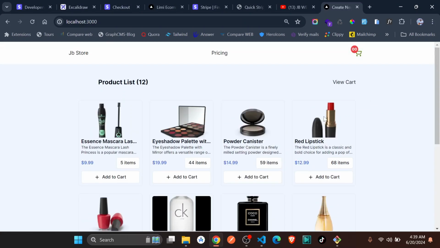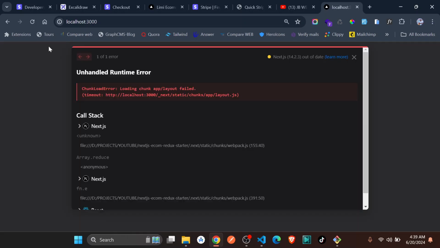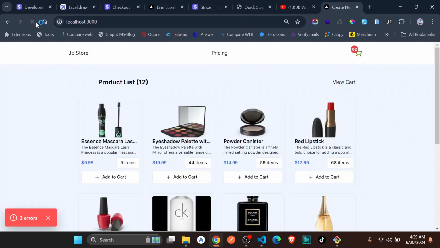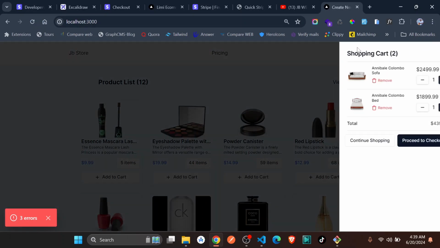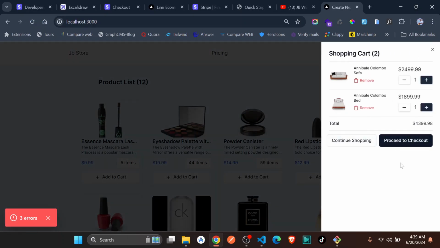So if I just add products to cart, just a second, oh, just simply reload, guys. Okay, we have two items in the cart, and you can see we have these items in the cart. Even this nice cart, you can always use it in your projects. We are using it in the big project we are building,